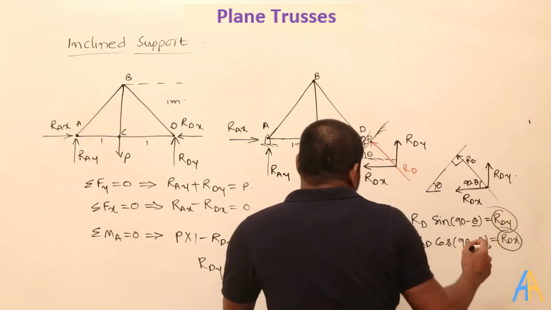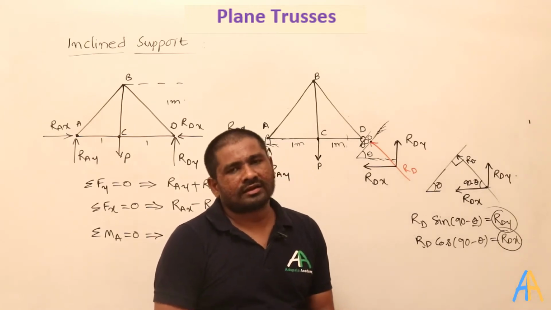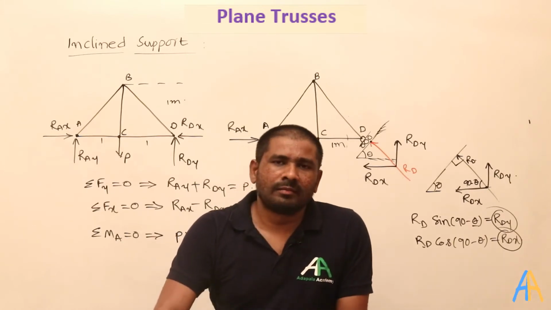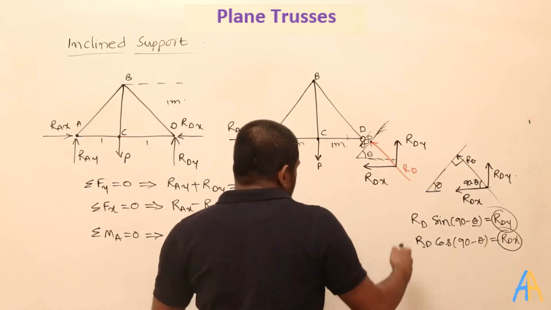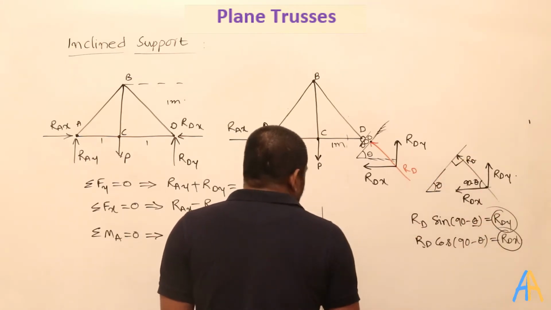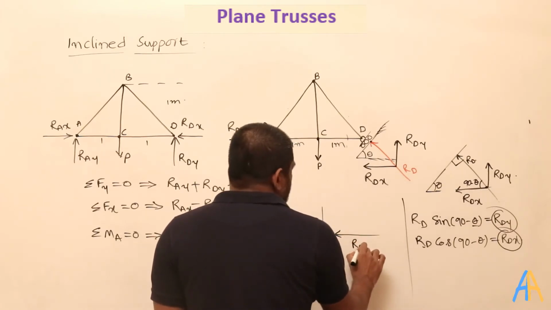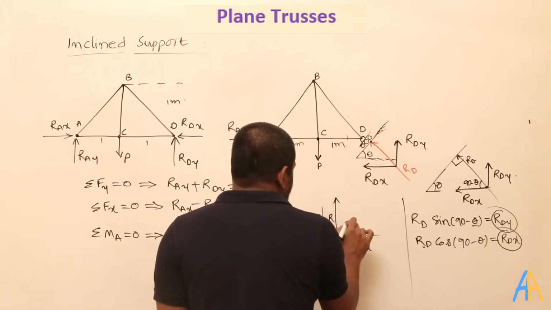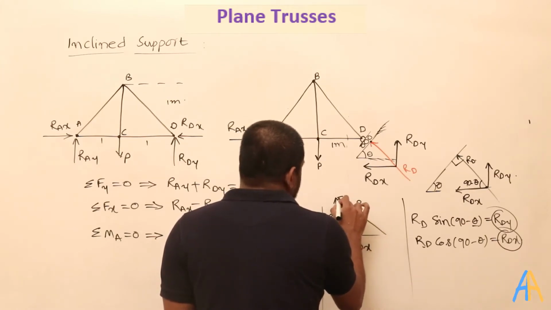If you have any doubt about how I have written this, I am explaining again because this is the basic chapter, engineering mechanics. We will go slow here, but from the next chapters onwards, when we are dealing with strength of materials or machine design or theory of machines, we are not going to explain this slowly. For example, here is how I wrote these components. This is the horizontal component, the RDX, and this is the vertical component, the RDY, and this is the RD.